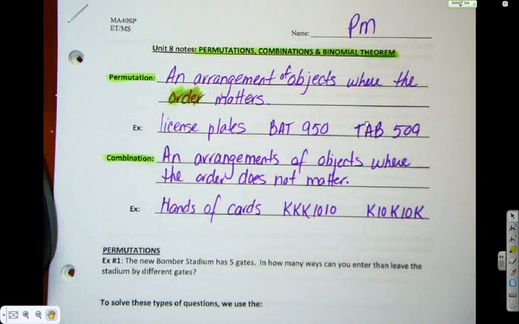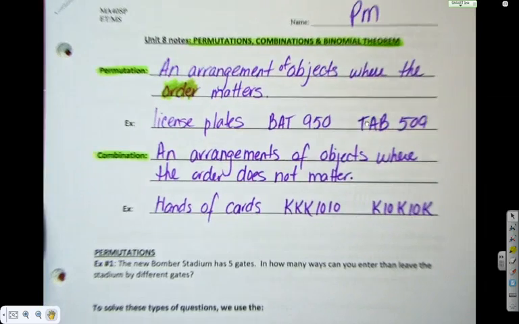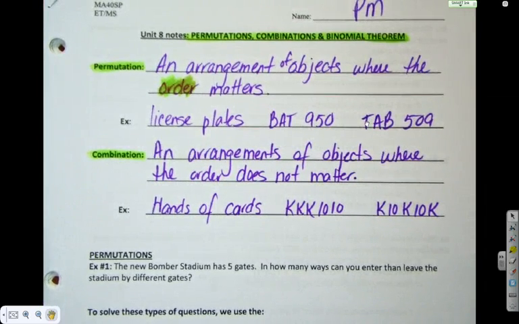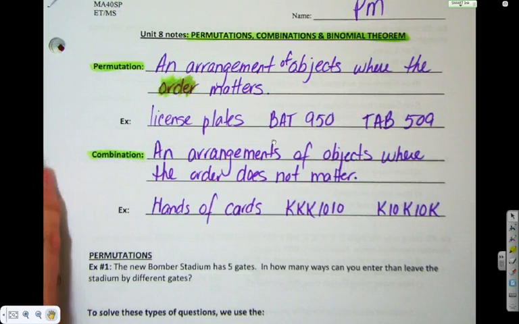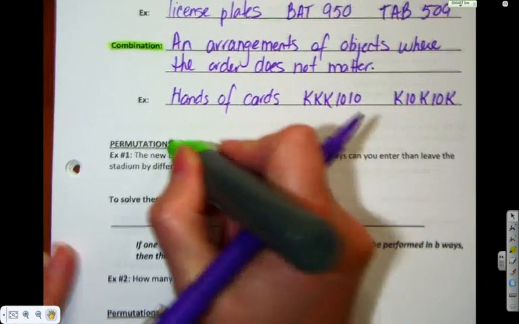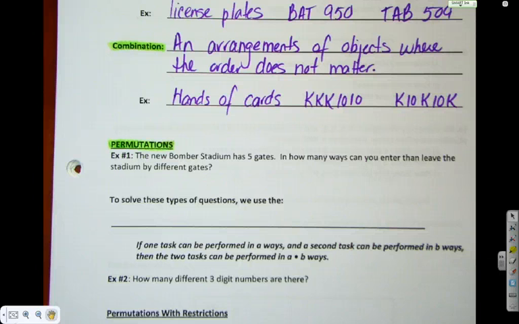So yes, we have lied to you about your locker combination. What about a McDonald's combo? Does it matter the order they put it on the tray? If they put burger, fries, drink, or drink, burger, fries, does it matter? Is it still the same combination? That one we did not lie to you. We would not mess with McDonald's. That is a combination. So we're going to spend, like I said, about 3 or 4 classes on permutations. Combinations don't need as much.